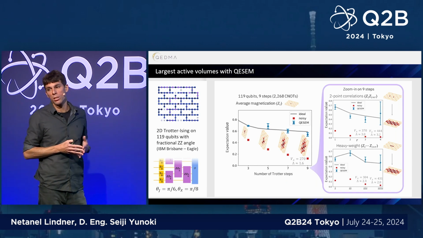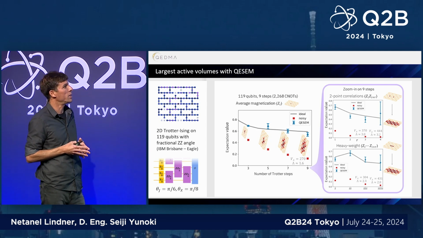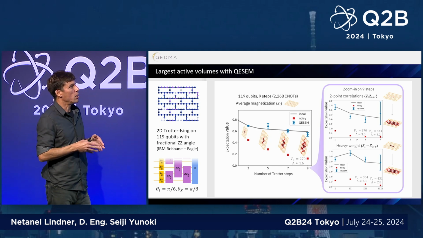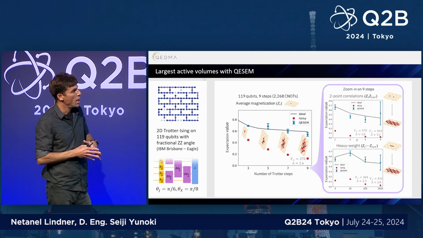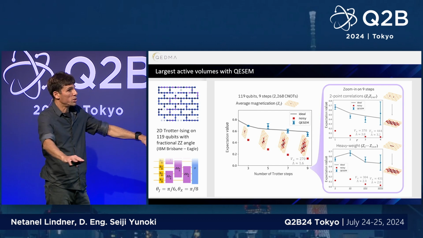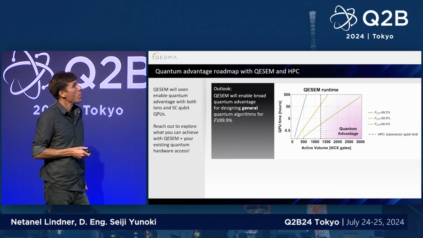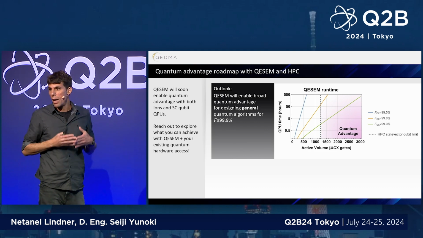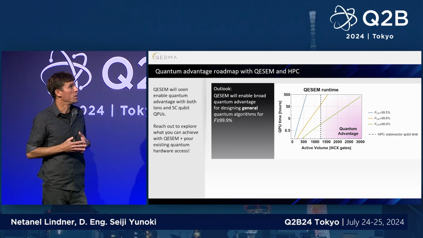and it's maybe only rivaled by these 2-dimensional demonstrations we did on a full Eagle device with 190 qubits, again reaching volumes of around 400, measuring various observables, and basically reaching an active volume that covers the full device, uses all the qubits in the device. Now, you can use these results to map out the roadmap for quantum advantage using QESEM